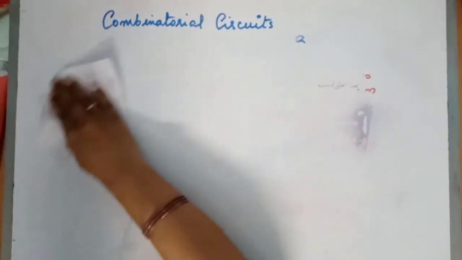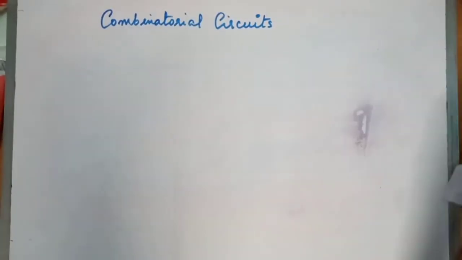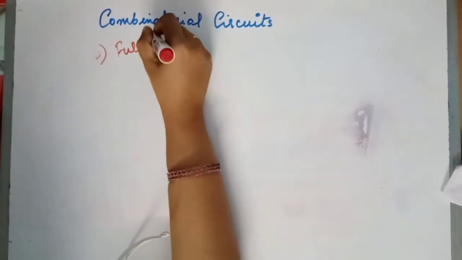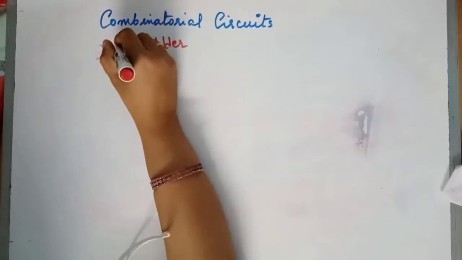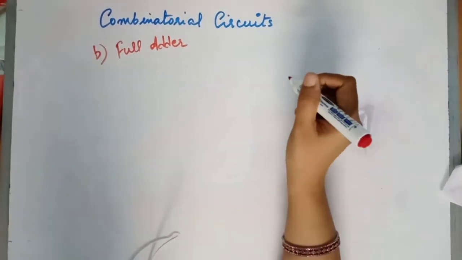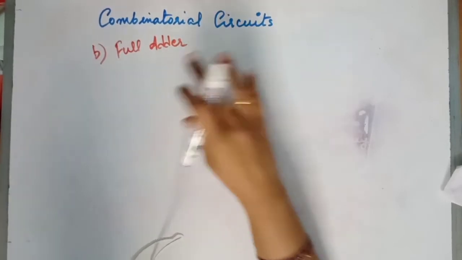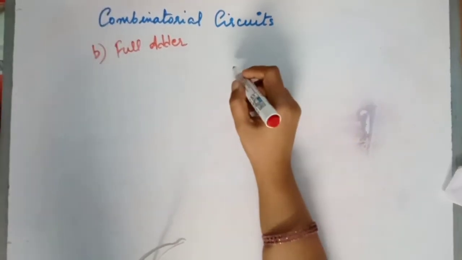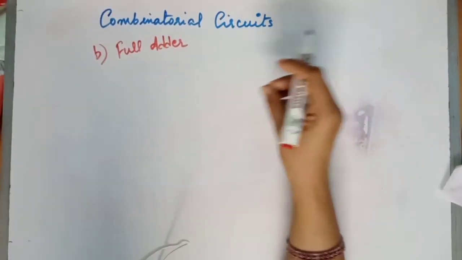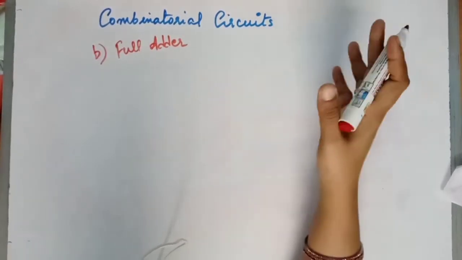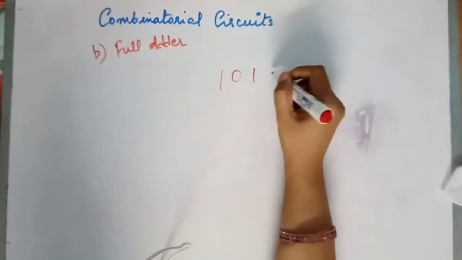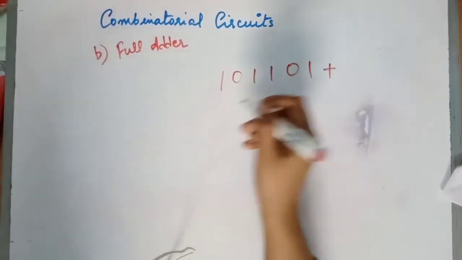So moving on from the half adder, next we have the full adder. Now, what is a full adder? Let's just take an example in order to understand the concept of full adder. Suppose we are not going to always add just one bit numbers or something. Suppose you want to add, say, this plus